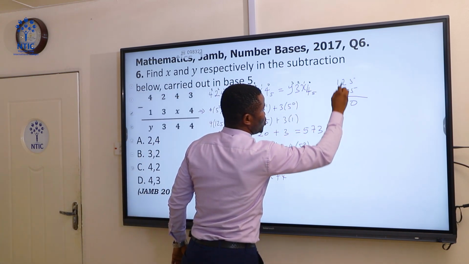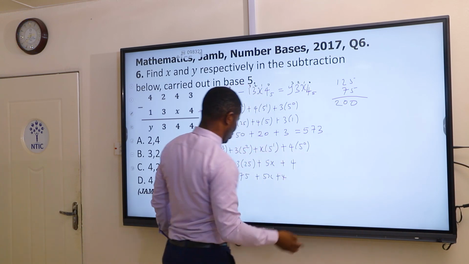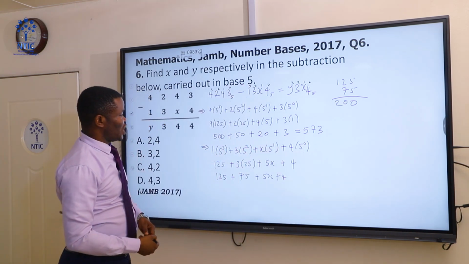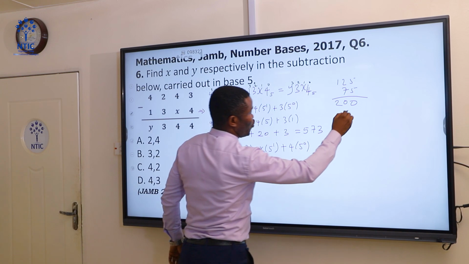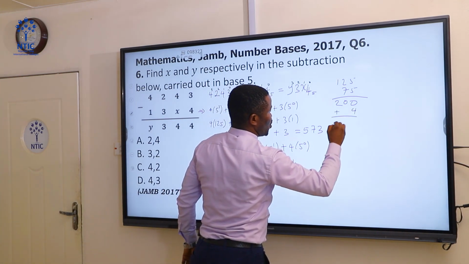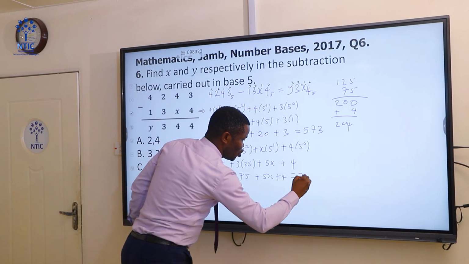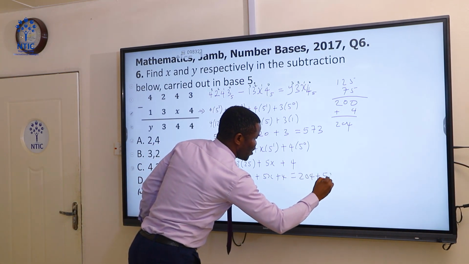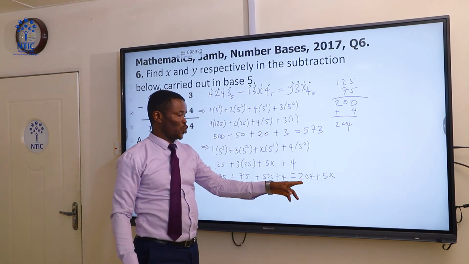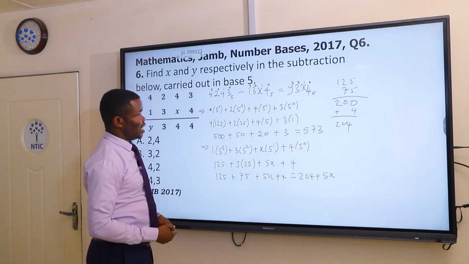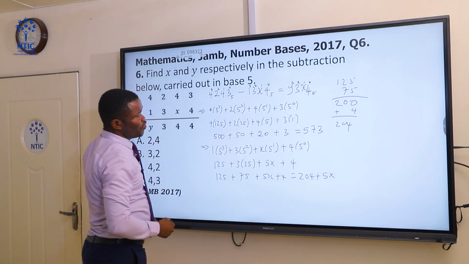This will give you 200 plus 4. So you have 204. This will give you 204 plus 5x. You cannot add 5x to 204 because they are not like terms. So you do the same thing for